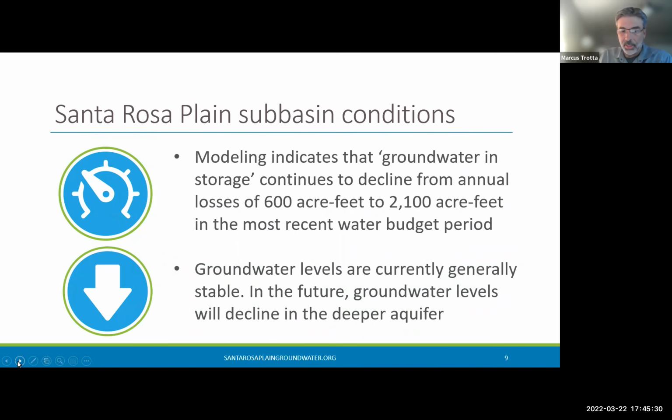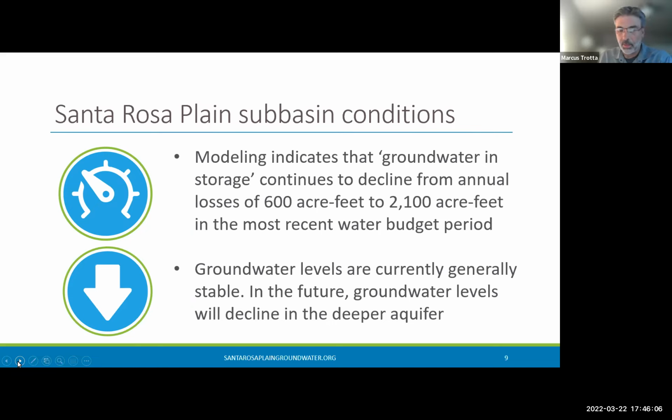So the next sustainability indicator I'll describe is the reduction of groundwater in storage. That's the amount of groundwater that's stored within the aquifers in the basin. And to estimate that in the plan, we've used a computer model of the basin that looks at groundwater coming into the basin from rainfall, recharge from the mountain fronts, and a variety of other sources. It also looks at the amount of groundwater discharging or leaving the groundwater basin from stream flow, groundwater pumping, and other sources. On average, in recent years,